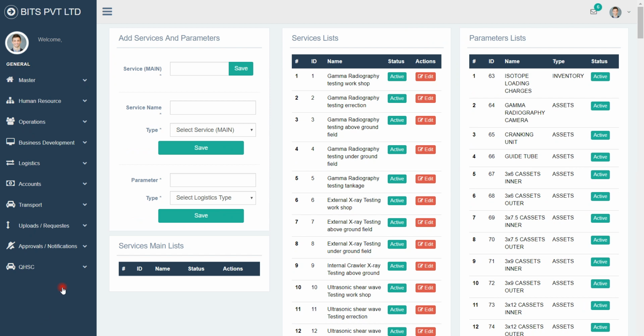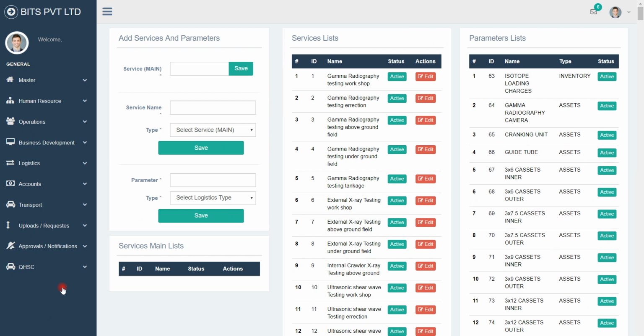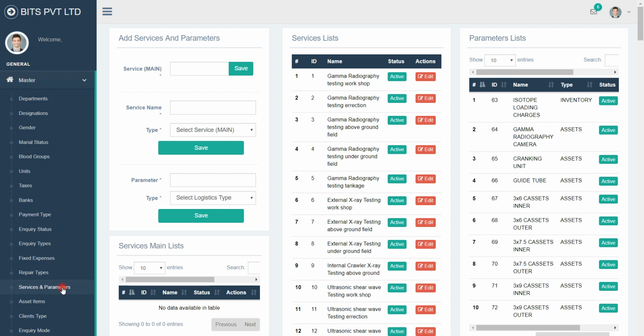And let's see services and parameter. So services and parameter are very important for this module. Suppose whatever the services we have for a business will be listed here. Okay. So this is the block where we will be typing all the services, like training services, manpower